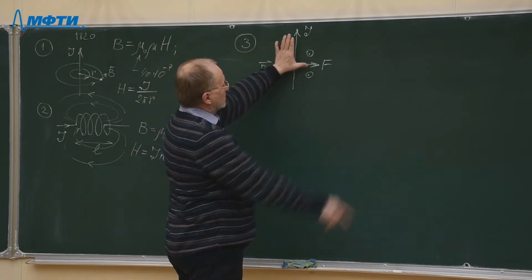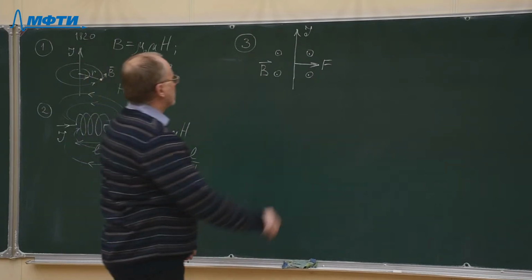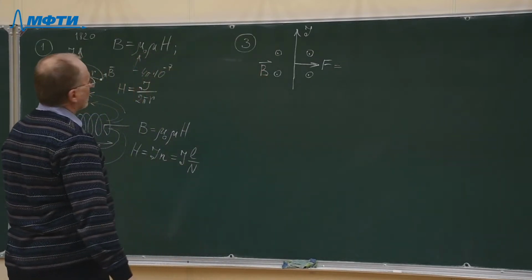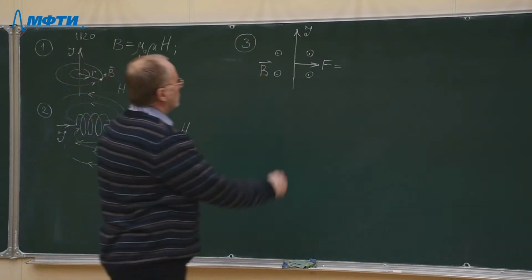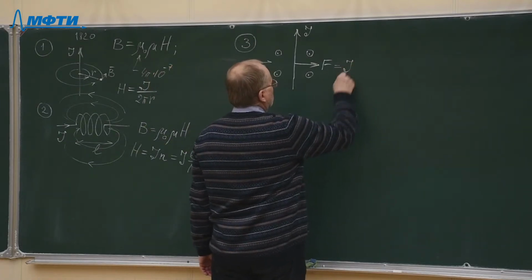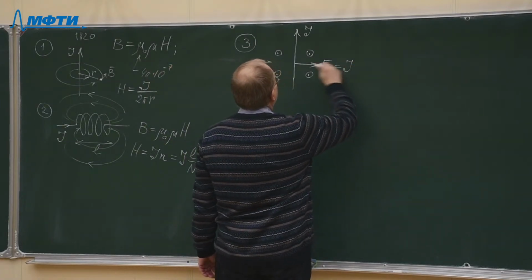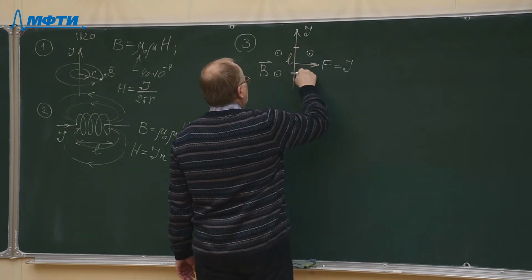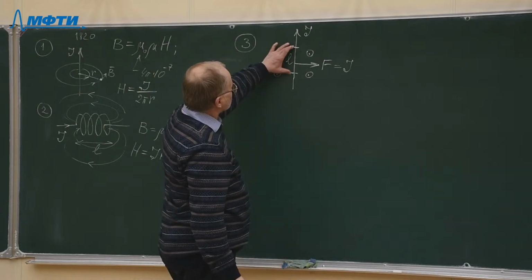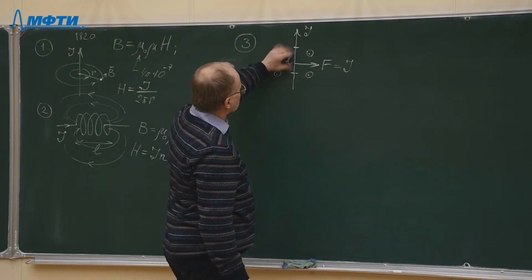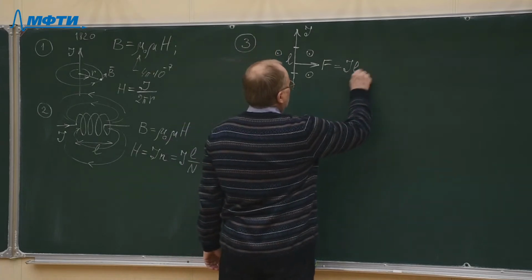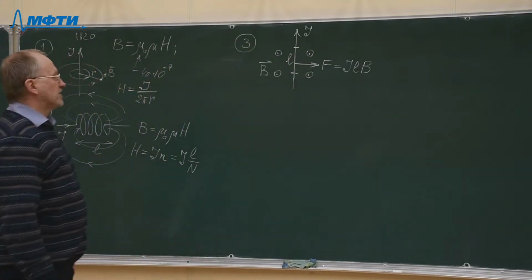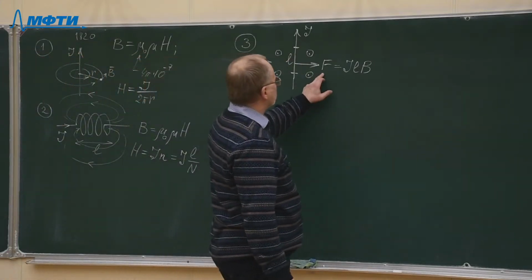Then your thumb will show the direction of the force acting on this straight current, and the force will be proportional to the current and proportional to the length L of the wire on which the force is acting. The longer the wire, the larger the force, and it is also proportional to the magnetic field induction. The larger the field, the larger will be the force acting on